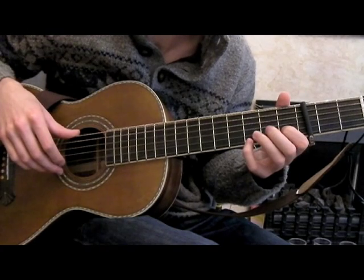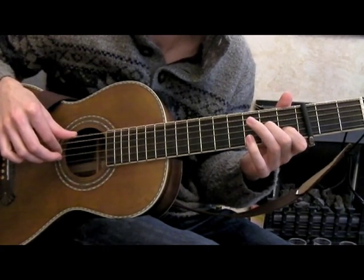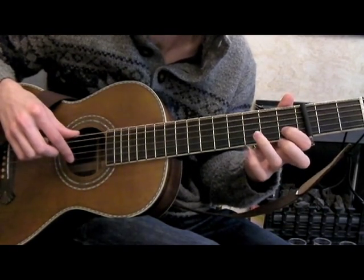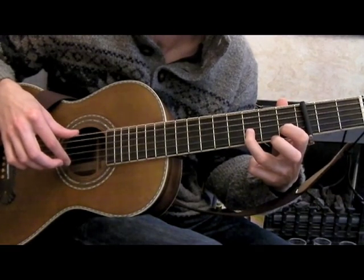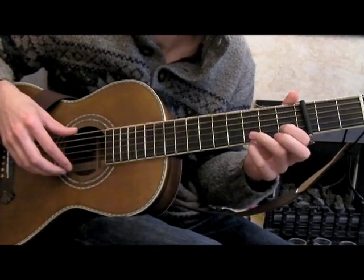Then again with the finger on the G string. Then to finish, you're going to play that 1st fret again on the 2nd string, back to the 3rd, then open, and the top string. So all the way through, that's